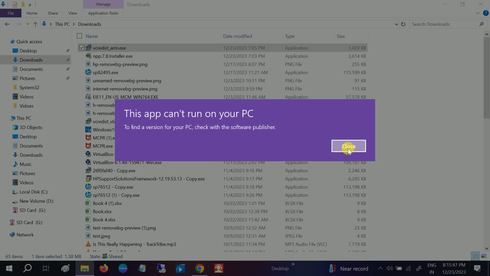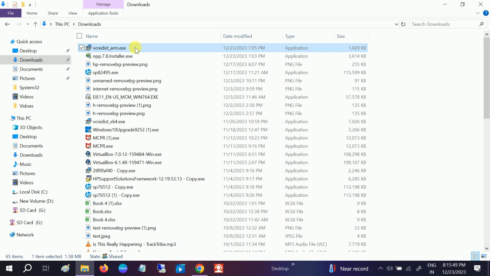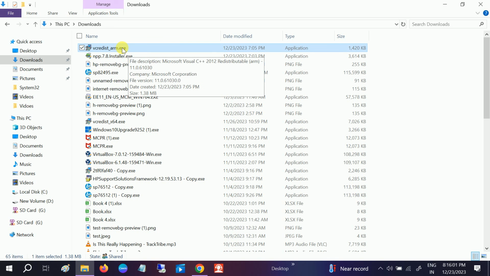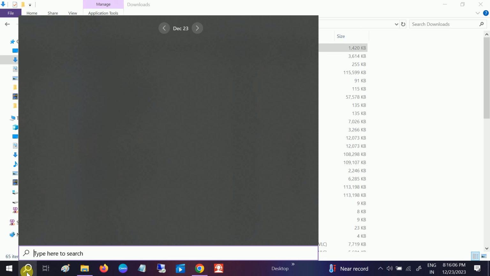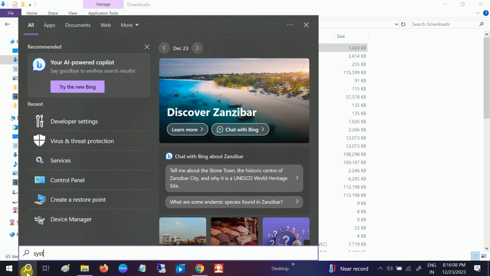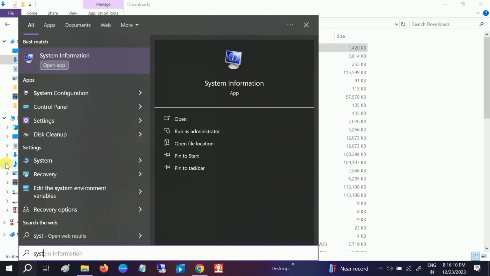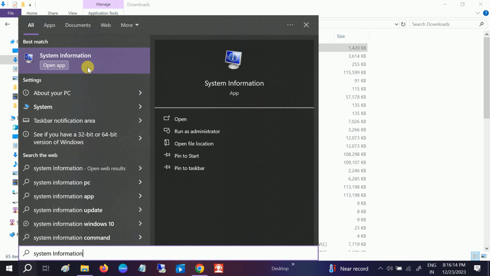Okay, so first of all you need to make sure that you have installed the correct bits of operating system you are using. You need to make sure that you have installed the exe as per your system bit. So how to check the system requirement and the operating system bit, whether you are using 64-bit or 32-bit operating system? Go to system information,